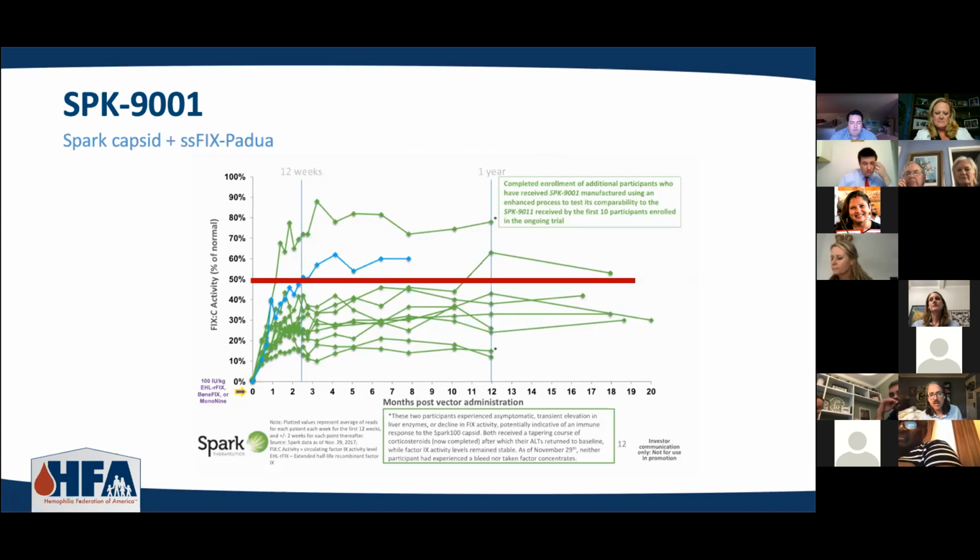And you can see there, even these patients are obviously not upset that their levels are in the 30, 40%. And it seems to level off. If you look back at the original studies, a lot of those studies actually showed patients who still have expression 7, 8 years later. So there seems to be something with factor IX when you put it in the liver. It seems to be okay with it. It doesn't sort of freak out. It doesn't stress the body, where factor VIII seems to stress the machinery of the cells. Obviously, we're going to have to work on that and figure out how we can make that more acceptable in the hemophilia A